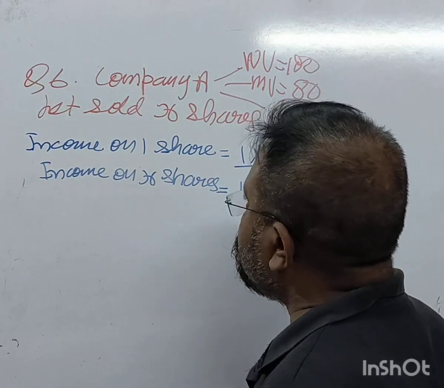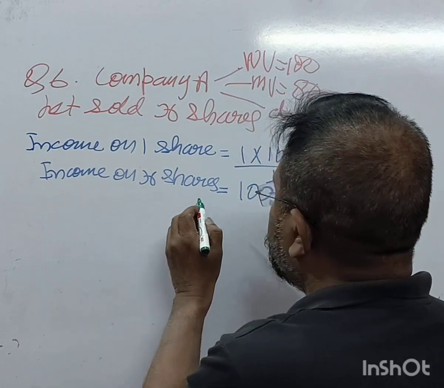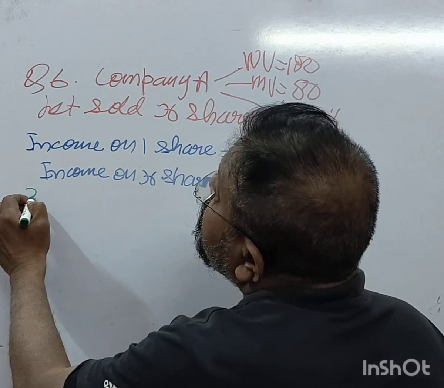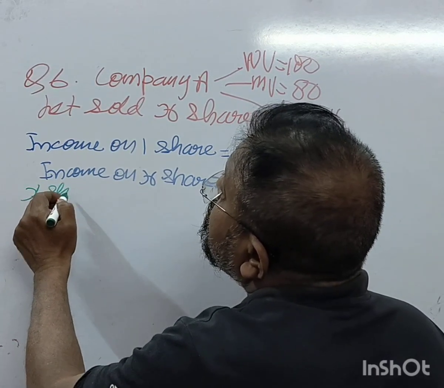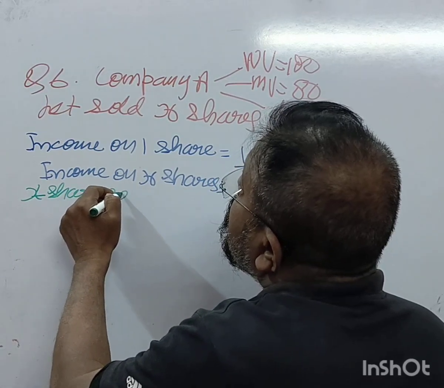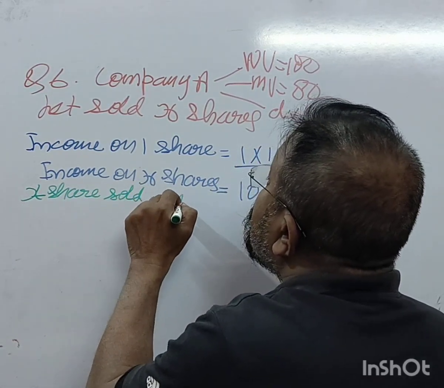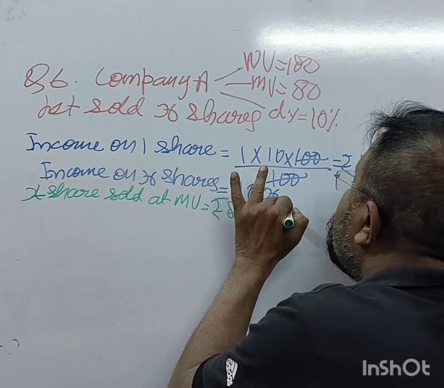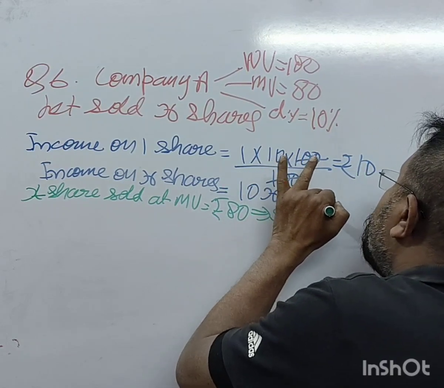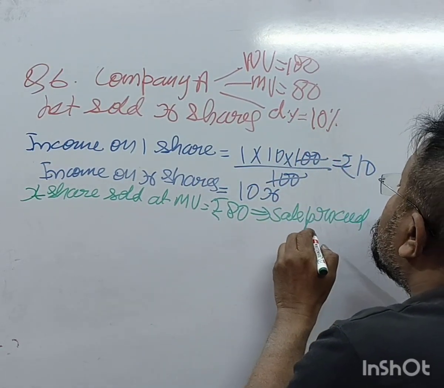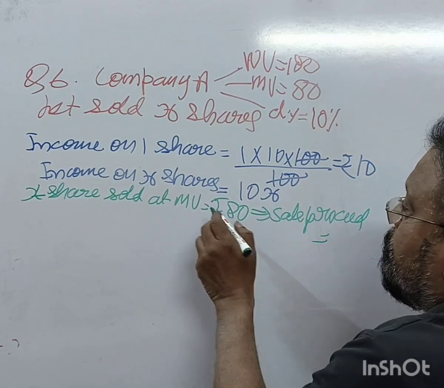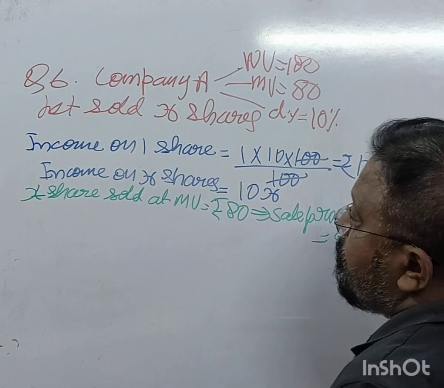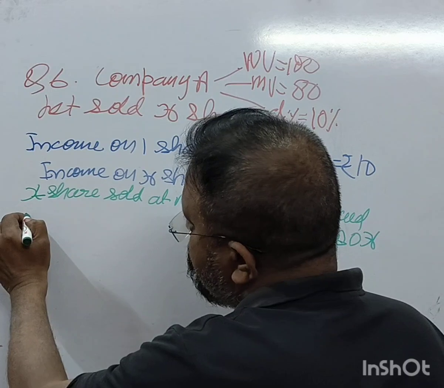Now X shares sold at MV rupees 80. So sale proceed is equal to 80x, right? And company B